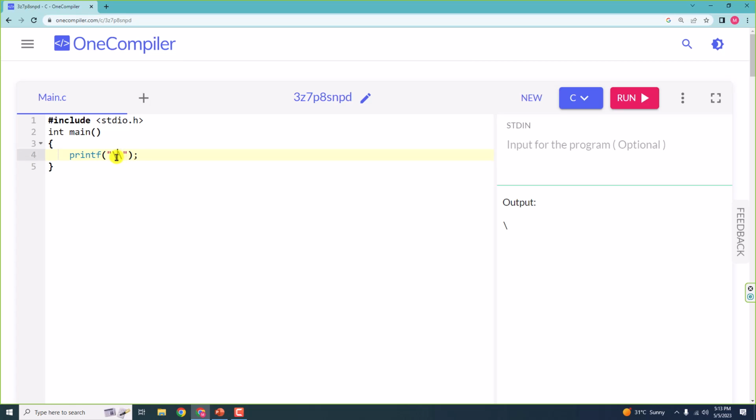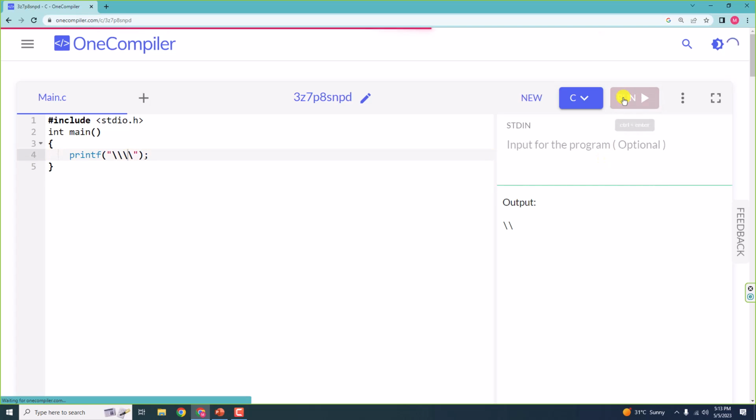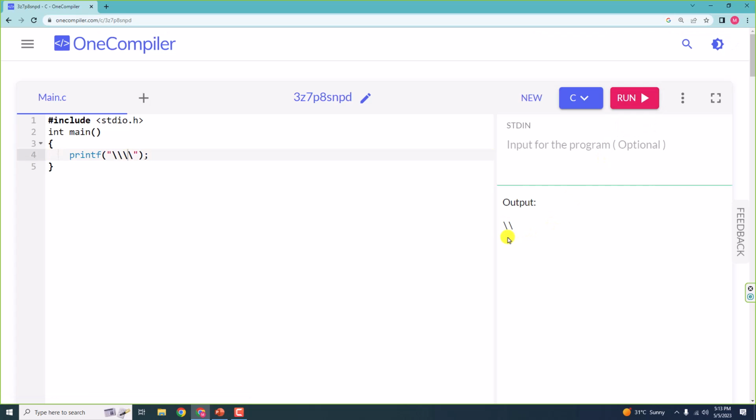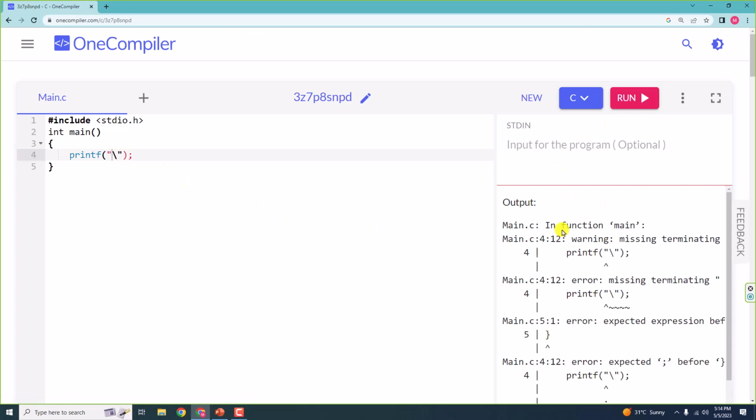Okay. So if you want to print one backward slash, you need to use two backward slashes. If you have four backward slashes, you will get two backward slashes as output. Okay. Whereas if you have one backward slash, you will get an error because it doesn't know what to do